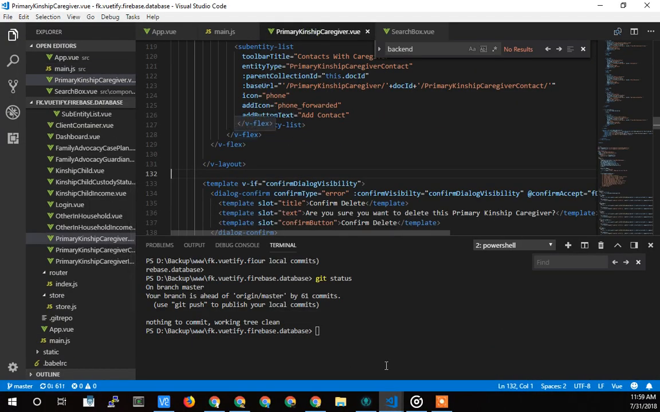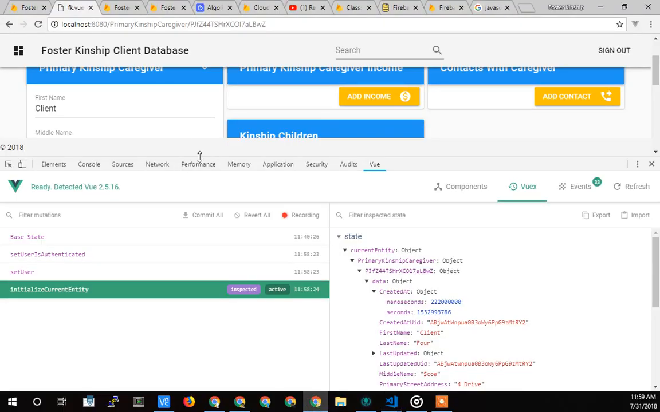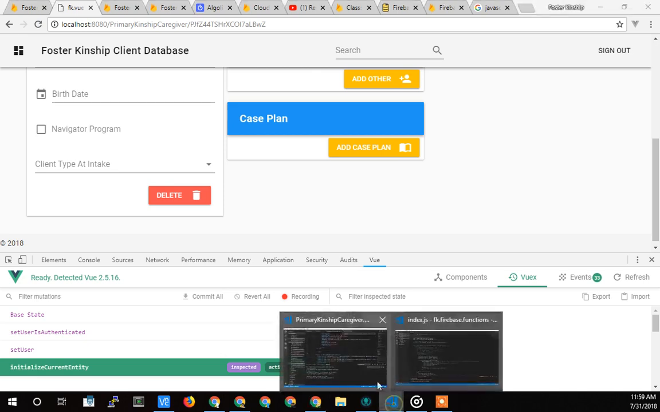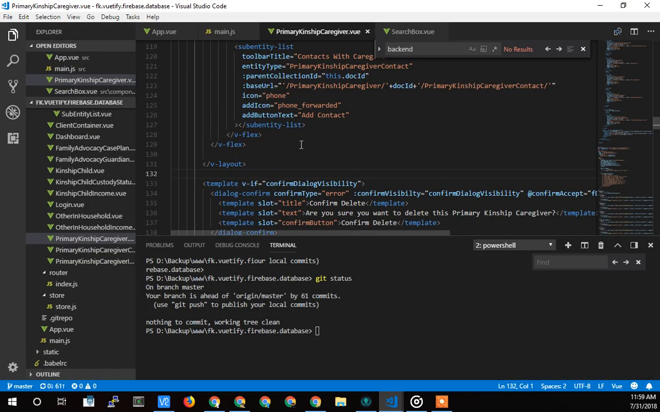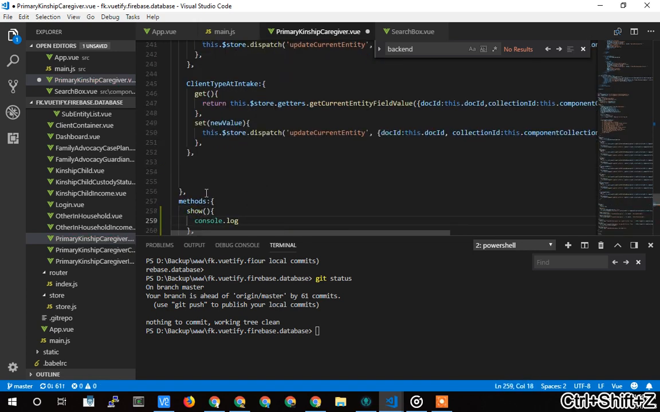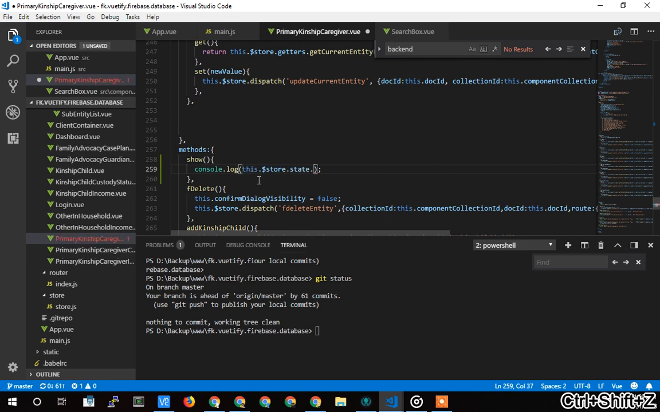So in my code, I've actually modified my code a little bit here. So this is my code for this main screen right here. I'm just going to put a little button, and I've already done this code, I undid it, so now I'm going to redo it. I'm putting a button that says show at the bottom, and then I'm going to create a method show down here in my methods section